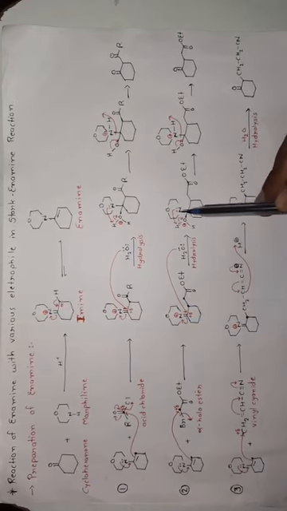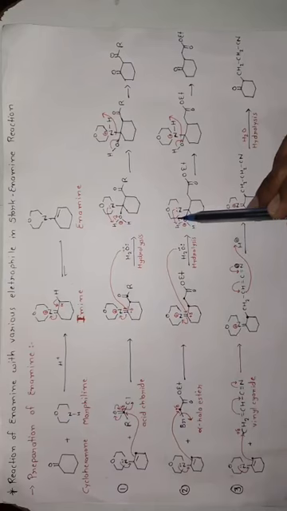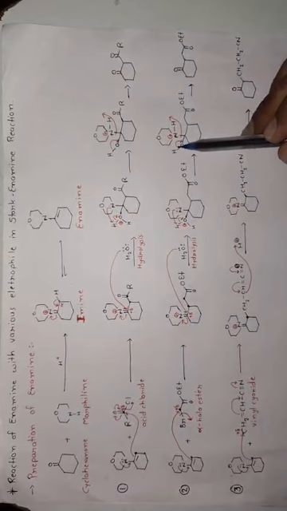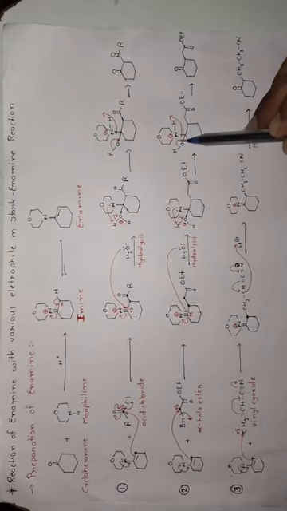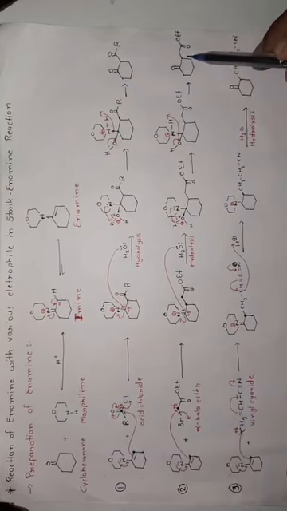Upon hydrolysis, the oxygen lone pair attacks this carbon, and this pi bond shifts towards the nitrogen as a lone pair. In the next step, the nitrogen lone pair abstracts this proton, and this bond shifts on oxygen, and this bond shifts towards the oxygen as a carbon-oxygen double bond, and this group leaves, and we get ketone here in the final